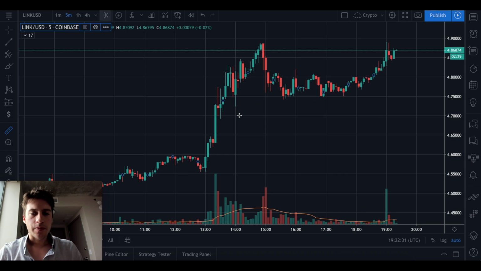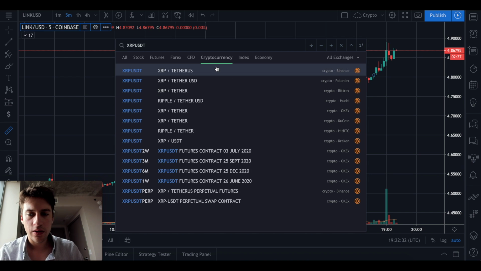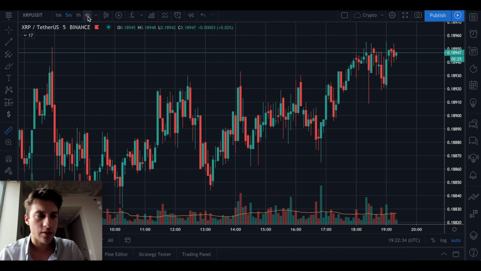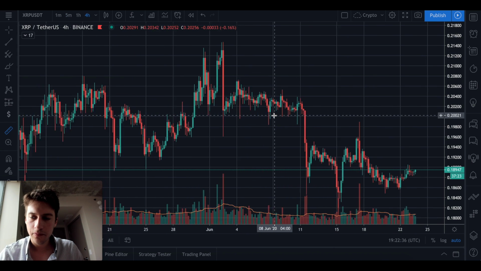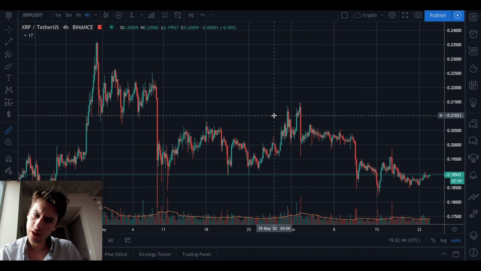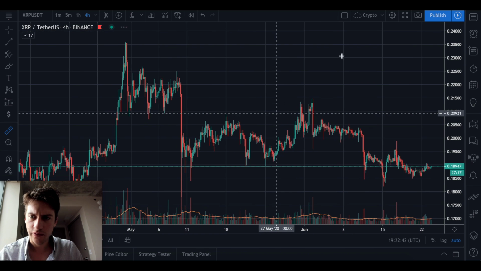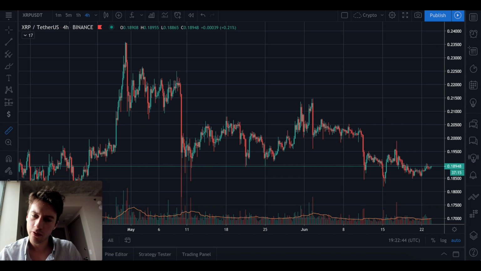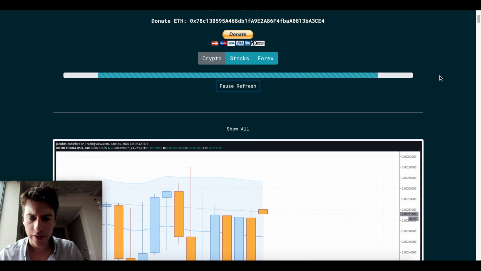All right, let's go look at XRP. Because this man is apparently thinking that it's going to be a moonshot. Doesn't really look very bullish to me, but looks very bullish to him. Doesn't really scream bullishness to me, though. This isn't something I'm like, oh my god, this looks so bullish. This, to me, looks like it's going to be continued consolidation. Doesn't really look like it's going anywhere crazy soon, but yeah, we'll see.